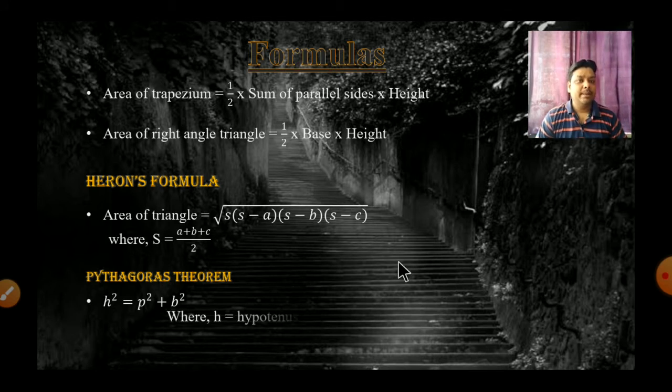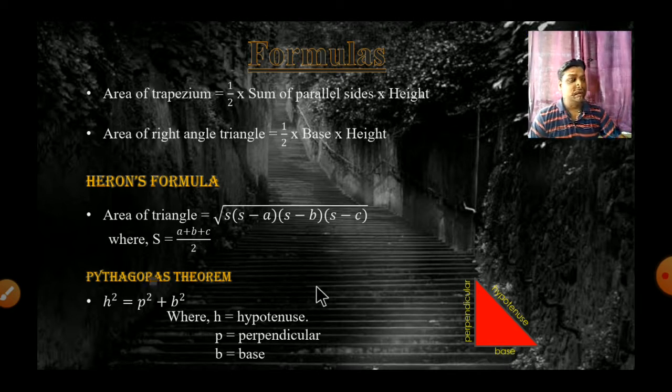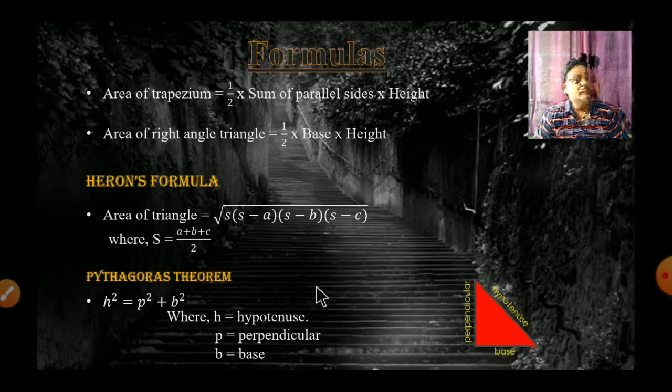Like this, I will draw a triangle here with the right angle here. Now what is this called? Hypotenuse. The slanting side is called the hypotenuse, the vertical side is called perpendicular, or we can say height, and the horizontal side is called the base. Okay, students, I hope you have understood. You have to learn these formulas also. Always keep in mind, if you do not learn these formulas, then you will not be able to solve the questions.